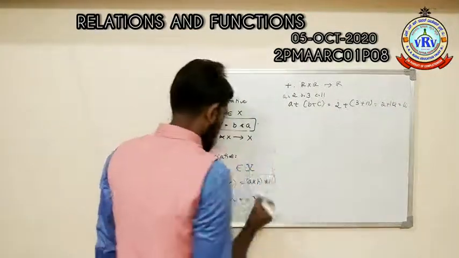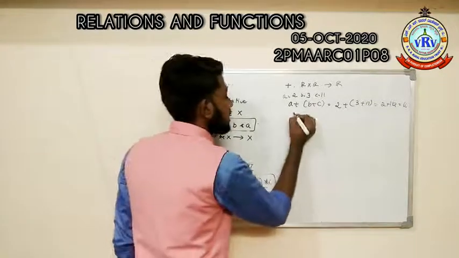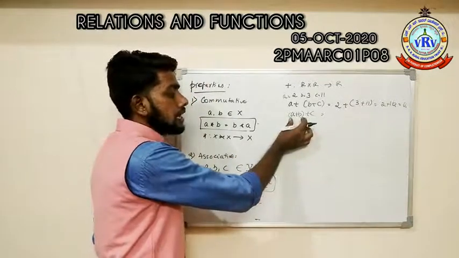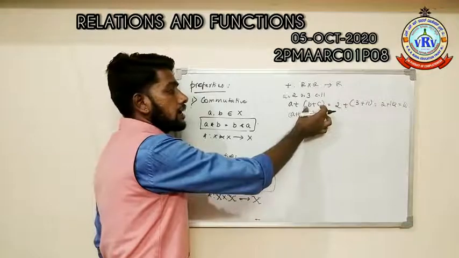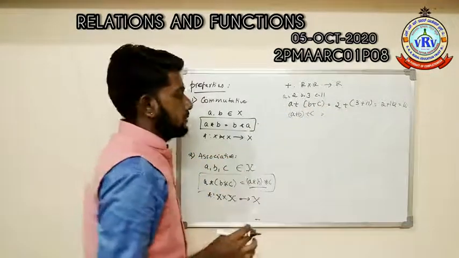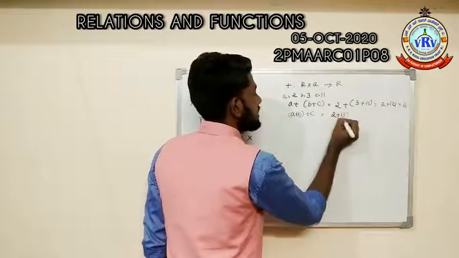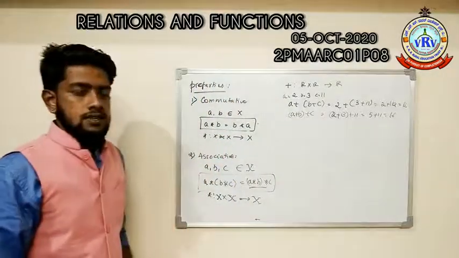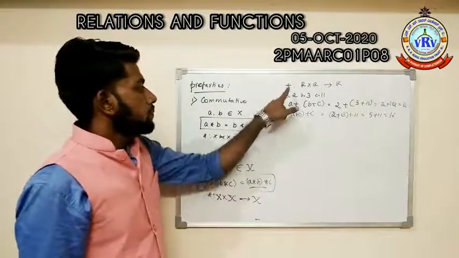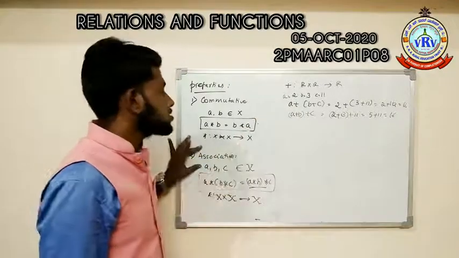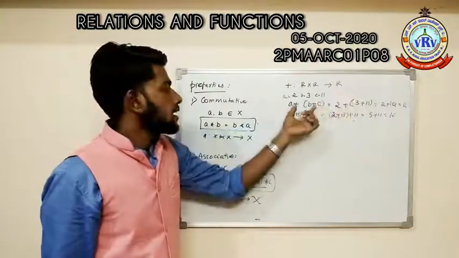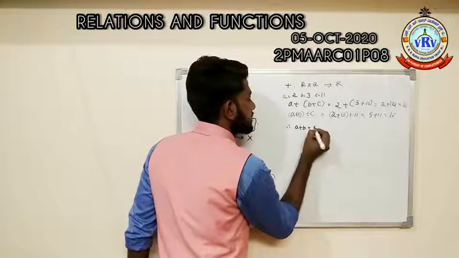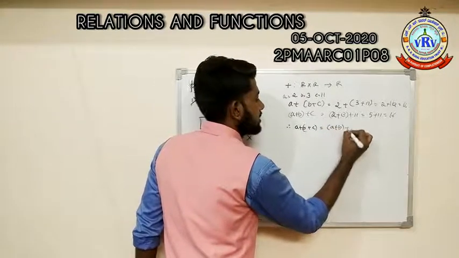Correct? Next I am getting this expression (A plus B) plus C. Here we can see first A plus B, we add A to B. In the previous case we added first C to the element B. (2 plus 3) plus 11 is equal to 5 plus 11, answer 16. So in this case also, addition is associative under the set R. A plus (B plus C) is equal to (A plus B) plus C.